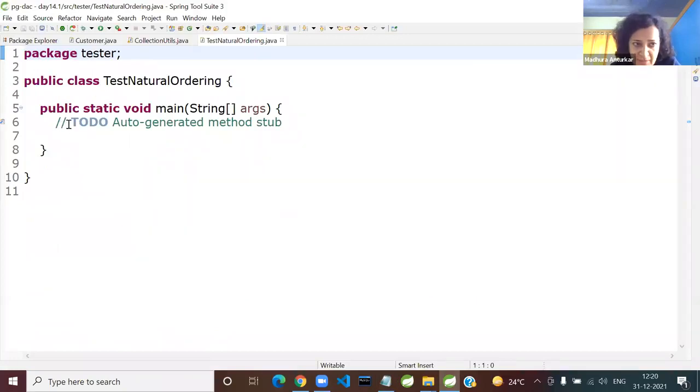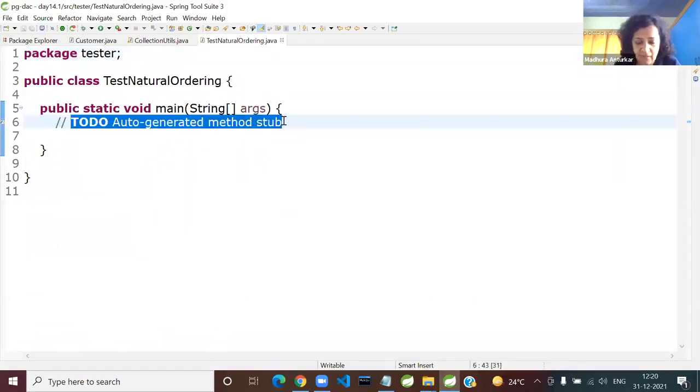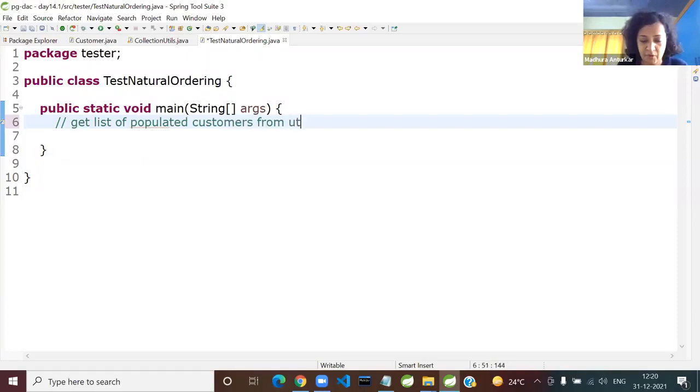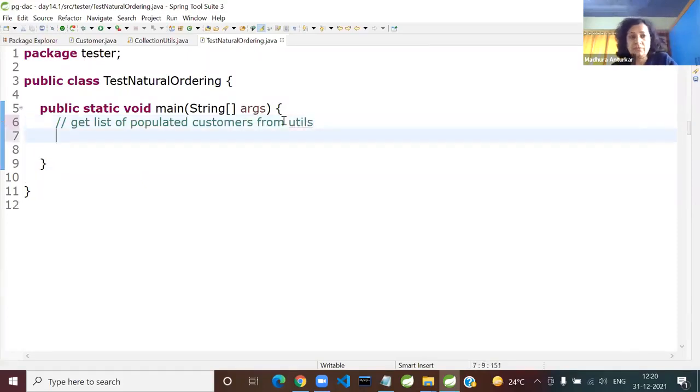So I'm writing in steps. Get list of populated customers from utils. This is the first thing. So who has to call whose method? This tester has to call the CollectionUtils method.